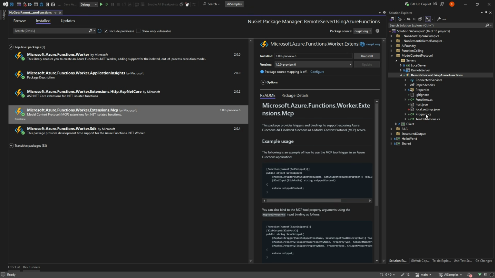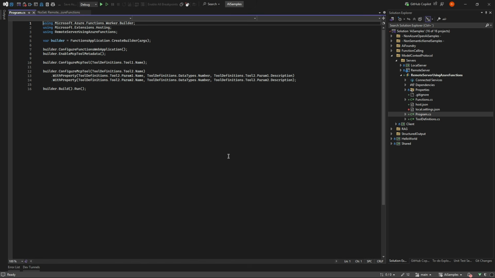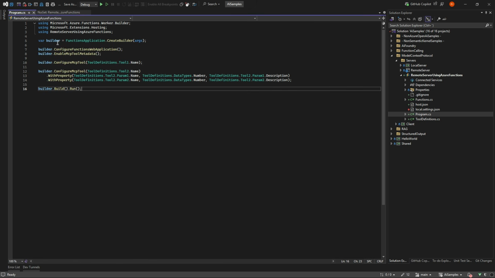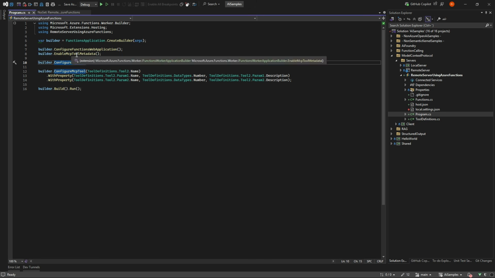So what you need to do once you have this extra package is, inside your Program.cs, say enable MCP tool metadata. If you do that, it is ready, but you don't have any tools enabled.